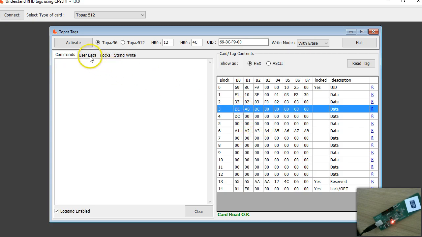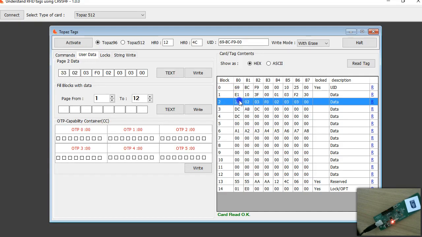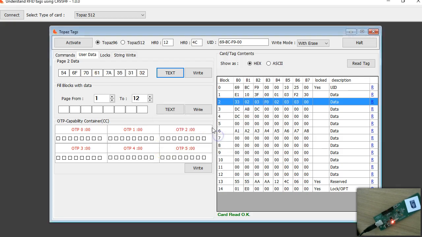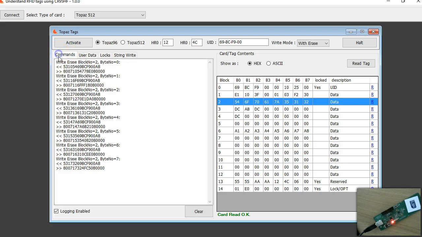here. So first of all, let's write something. Say, write this as Topaz 512, and I'm going to hit the write button. If you remember or recall my previous videos, this button Topaz 96 shows only the first segment, and we know that Topaz 512 has got 512 bytes of memory altogether. So for writing, I have used the write arrays